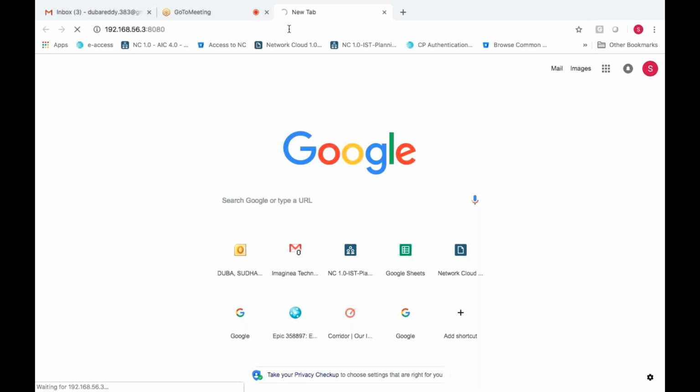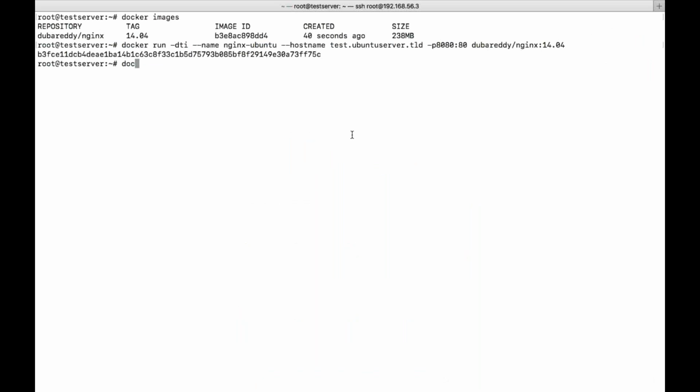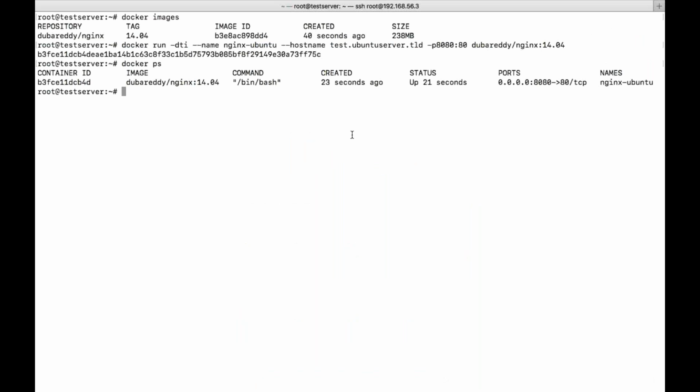Maybe it doesn't display the website because maybe the nginx service is not started. So let's see that. It's running right now, but let us log into the container. Okay.